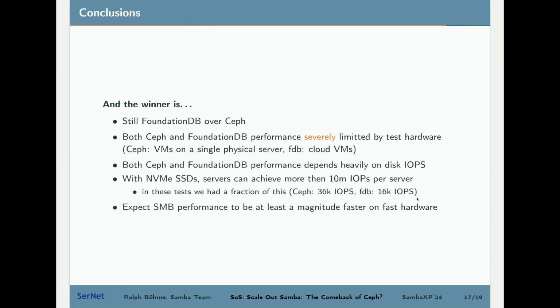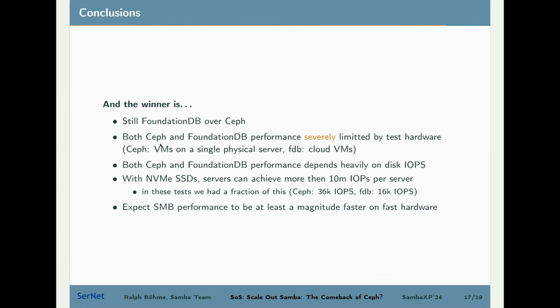So, conclusion: the winner is still FoundationDB over Ceph, but as explained on the previous slide, both Ceph and FoundationDB performance, and probably also the numbers I got from benchmarking etcd, the distributed database used by Kubernetes, were severely limited by the test hardware I was using.